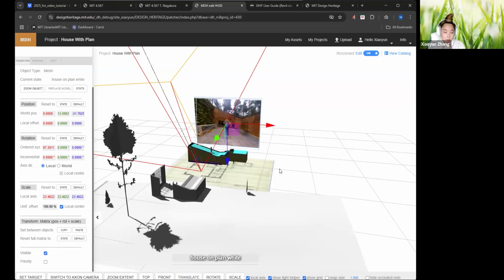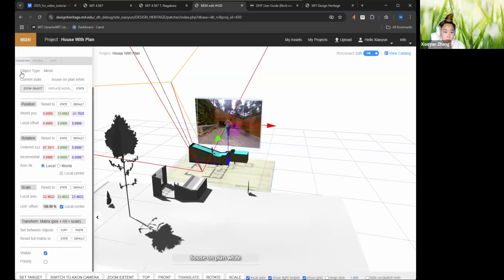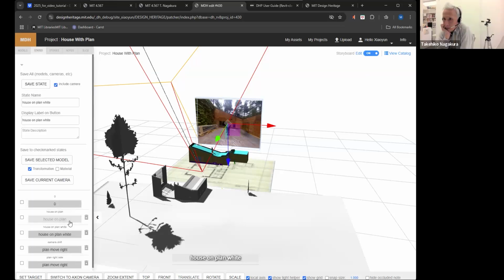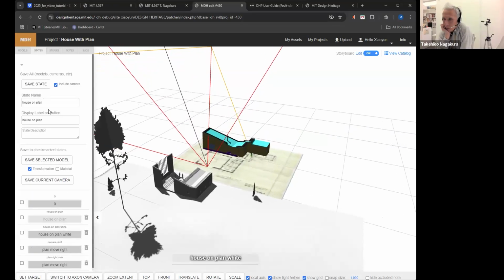Yeah, so go to the transform option. This copy will copy the transformation of a particular object of this particular state. So I hit copy, and it should be added to the clipboard. So if I go to another state,